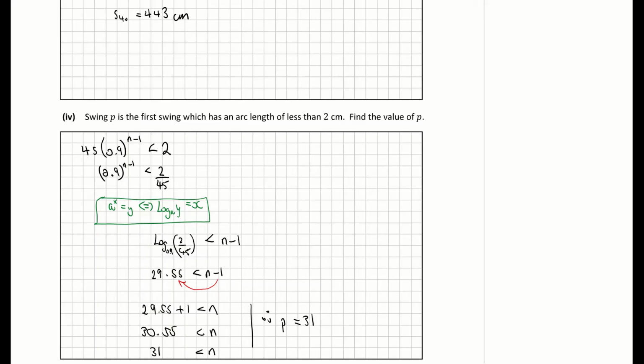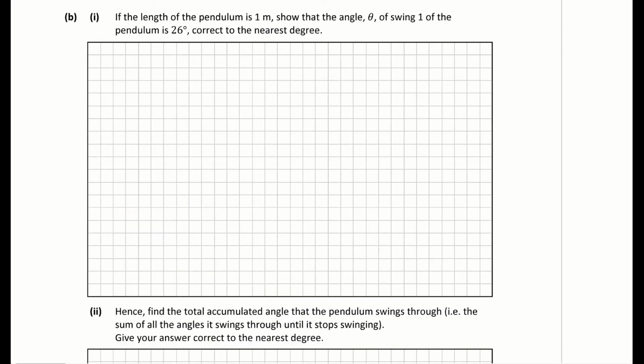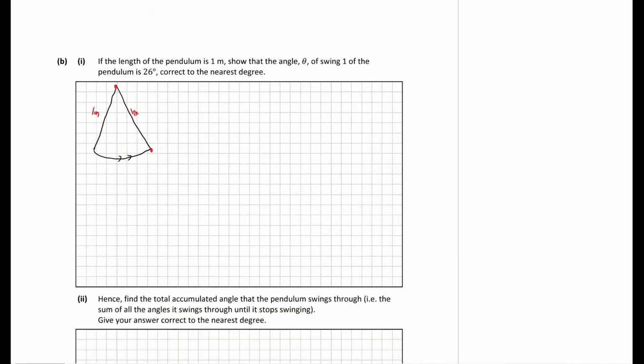We're scrolling down now to part B. So B part 1, if the length of the pendulum is 1 meter, show that the angle theta of swing 1 of the pendulum is 26 degrees, correct to the nearest degree. Now I'm just going to draw out this pendulum. So my pendulum starts, say, from the left, swings then to the right, and it's going in this motion like this of the arc. So it's going like this, and it's telling us that the length of the pendulum, so this is the top of the pendulum, and it's coming down to here. So that has a length of 1 meter, and it's the same here. 1 meter, and it wants us to show that it has an angle here, theta,